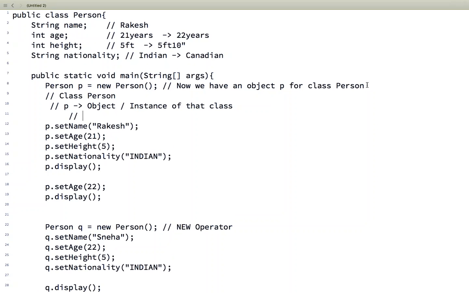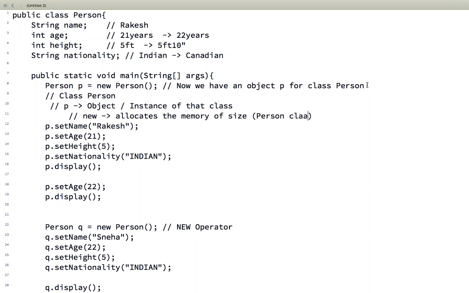What does that mean? What does new do? New creates a new object, allocates the memory